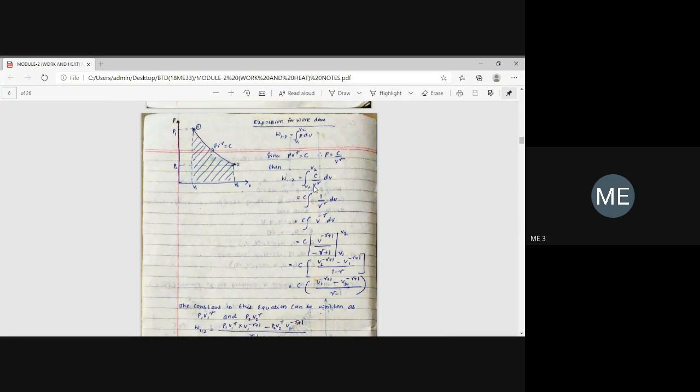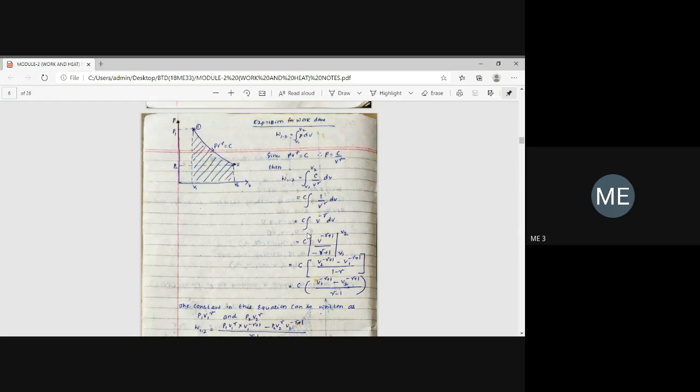So here in this equation, you take C outside the bracket, in the integral part 1 divided by V to the power of gamma dV. Okay, C times the integration of V to the power of minus gamma dV between the limits V1 to V2. Here I am taking it as a numerator. So after integration, what will we get?